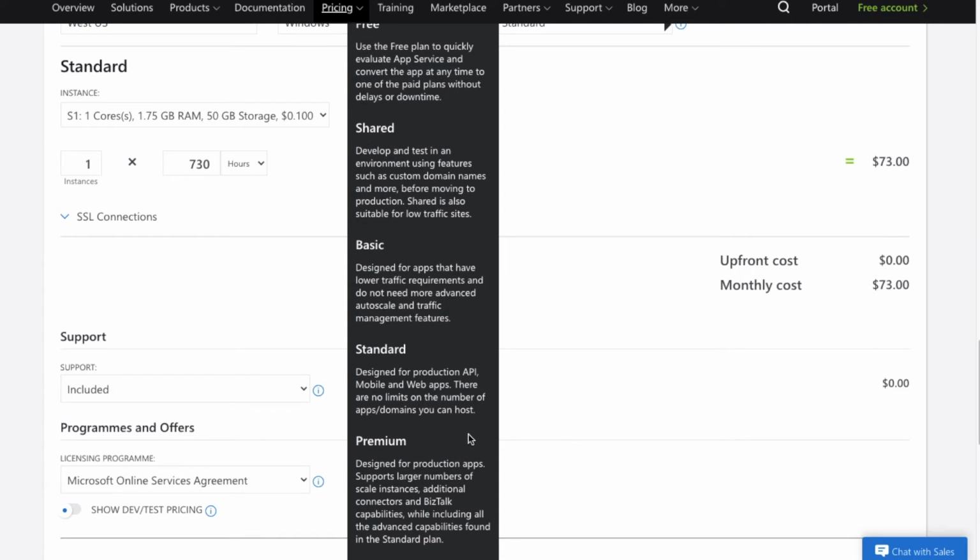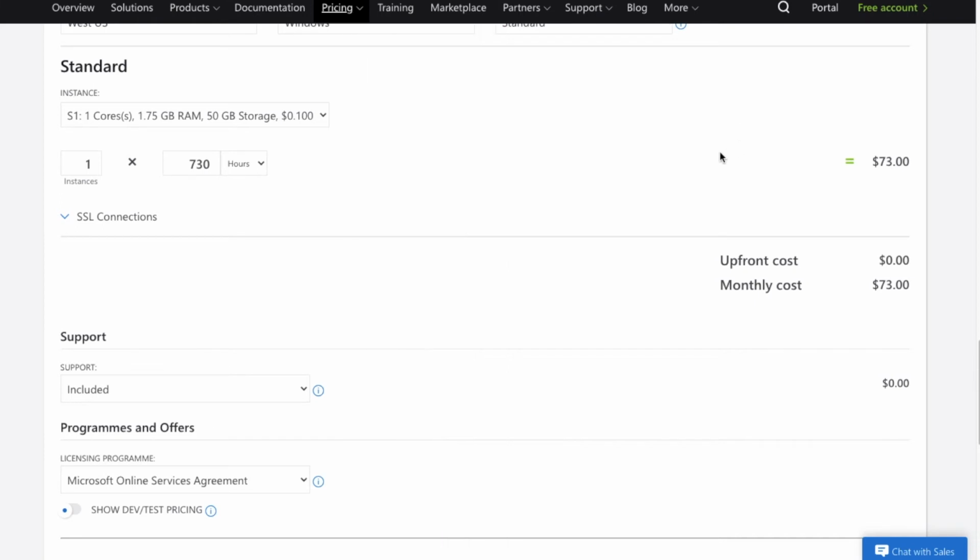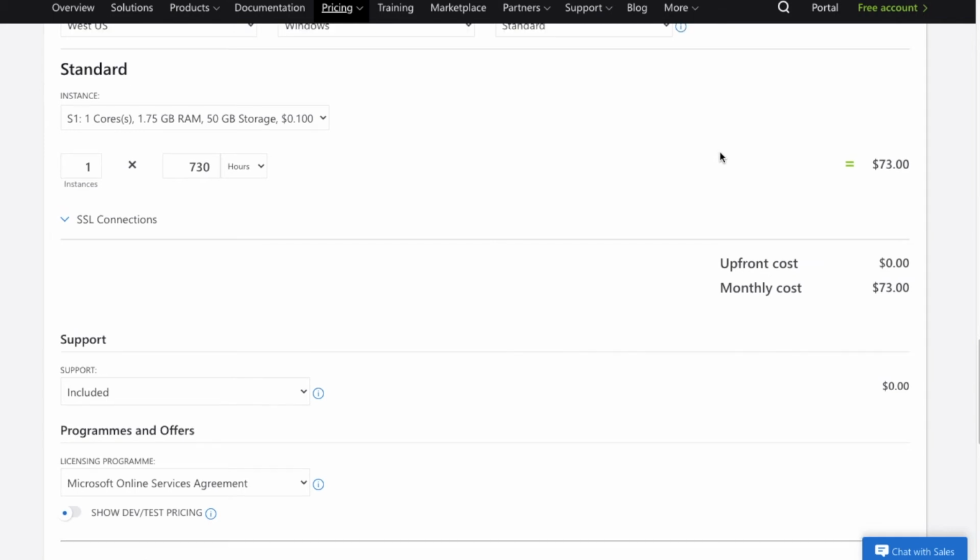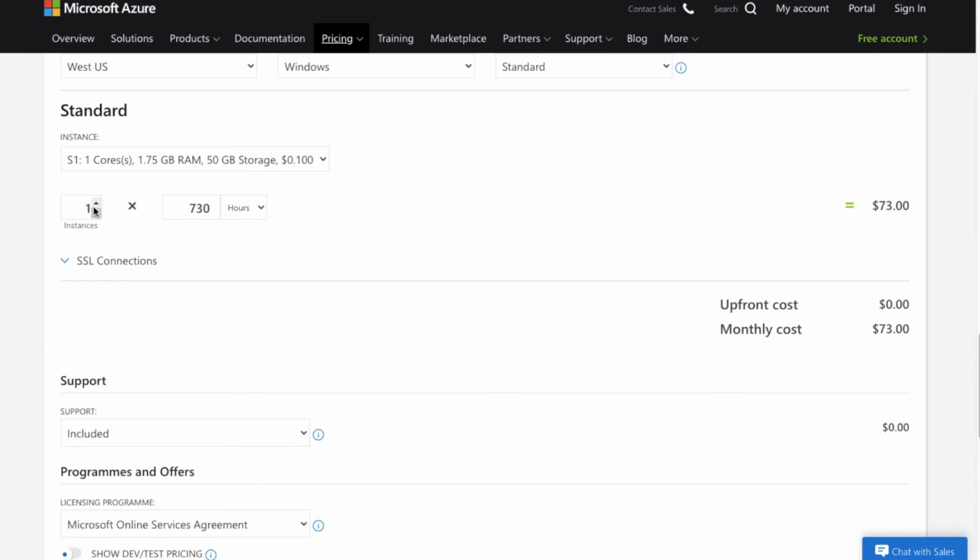Otherwise, for a production environment, if we are migrating a web application or mobile application, then we can select the standard pricing tier. Then for scaling purposes, we can increase the counter for the number of instances. For example, if we increase the instances to 2 or 3, then we can see the cost estimation will increase here.